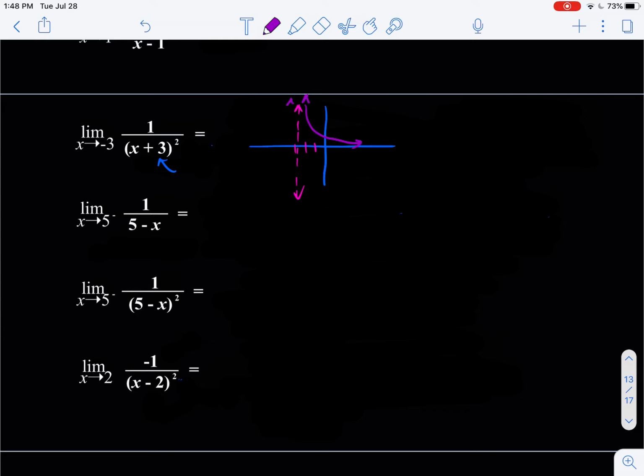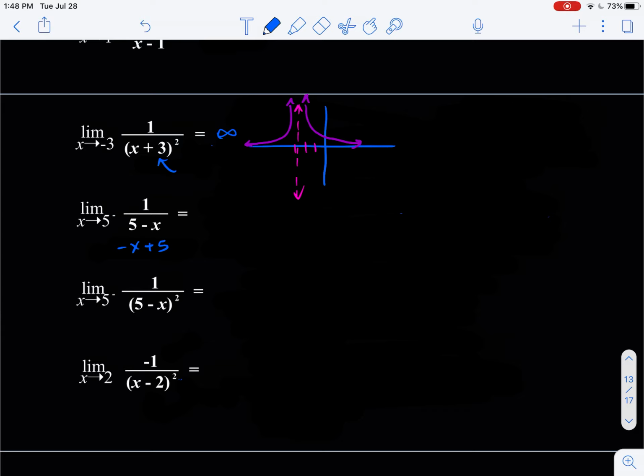And because of that square, both ends of the graph are going to be going up. So the right-hand side and the left-hand side are going to be going up. And so we're not looking at one side, we're looking at both sides. The left-hand side of negative 3 and the right-hand side of negative 3, well, they're both approaching infinity